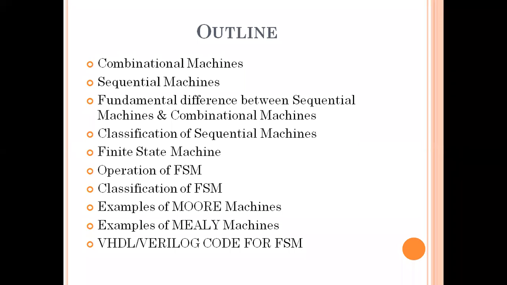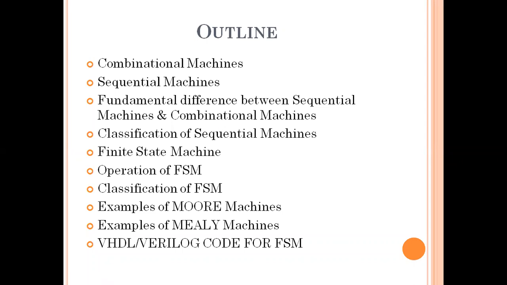So this is the second and important property with the sequential machine, right? Whenever you have to classify the sequential machine, we can classify it into two types: synchronous sequential machine and asynchronous sequential machine, right? But before going on to the classification of the sequential machine, let us know the difference between the sequential machine and combinational machines, right? What is done by the combinational machine and what is done by the sequential machine?